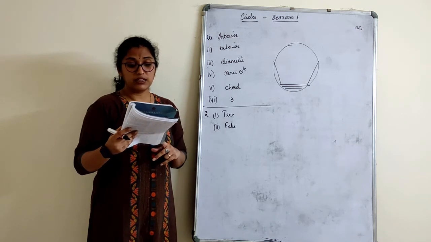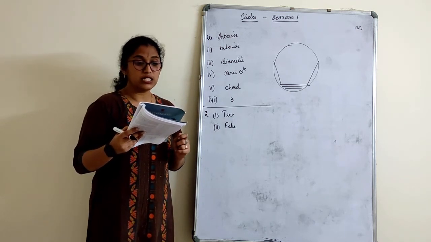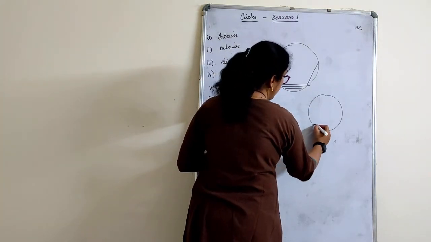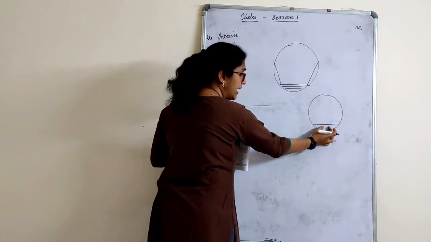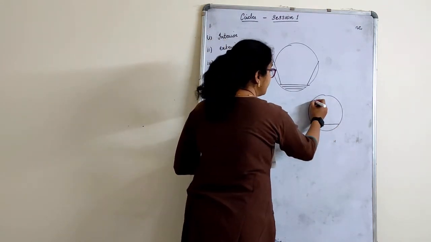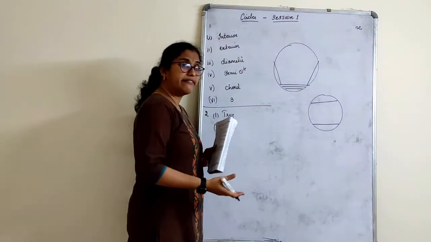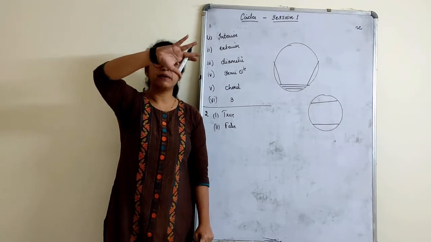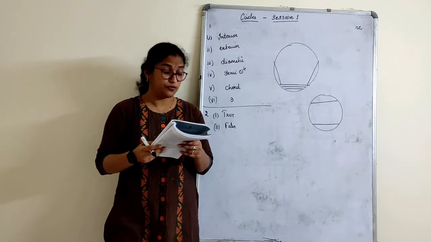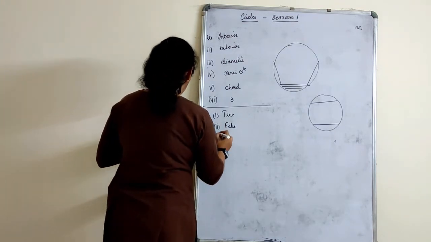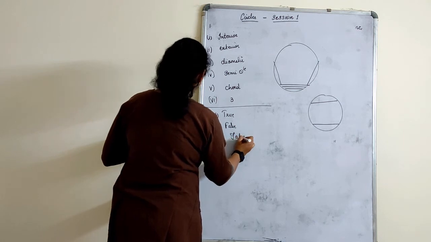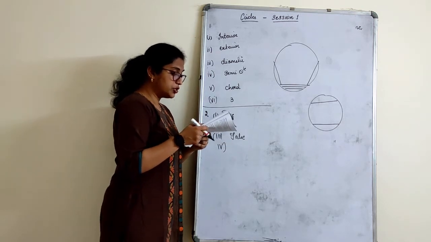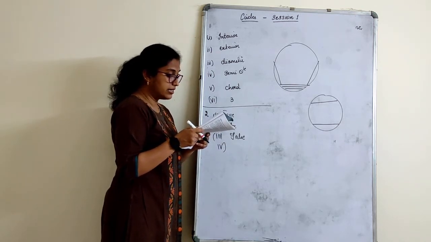Next one, if a circle is divided into 3 equal arcs, each is a major arc. So if a circle is divided into, I assume that now this is a minor arc and this is a major arc. I will divide with one more part here. So each arc will be the major arc there? No, it can only divide once. If it is dividing, one big is major and another small is the minor. So it is false. Third one is false.